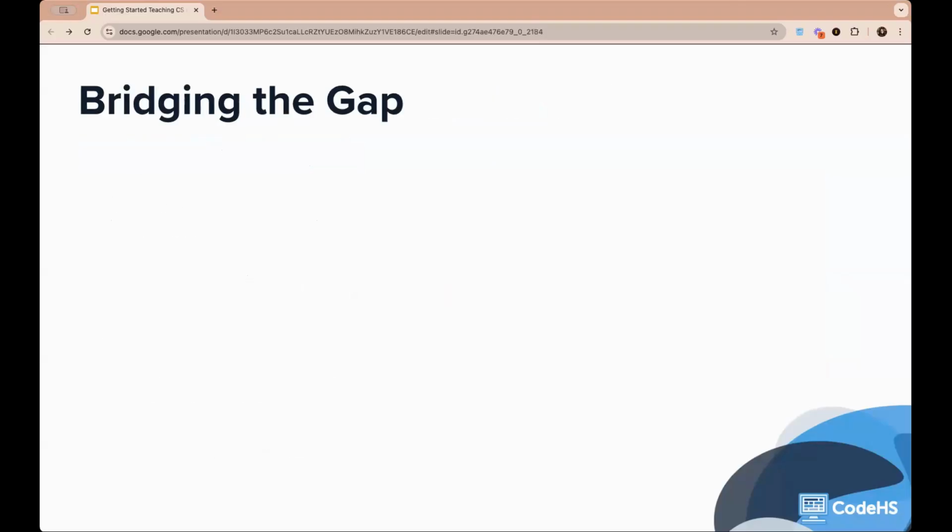So how can we bridge that gap between the challenges and the solutions? Implementing computer science in the middle school presents those unique challenges. But since middle school students are so distinct in their transitional stage of adolescence, they're really experiencing significant physical, cognitive, and emotional changes. They're seeking independence and exploring their interests. These factors set them apart from elementary and high school students, making it essential to provide a curriculum tailored to their needs.